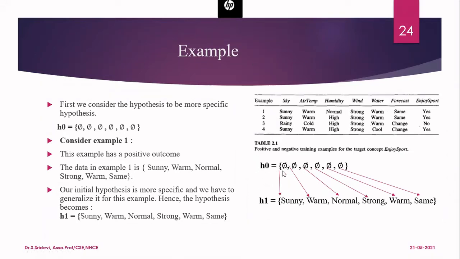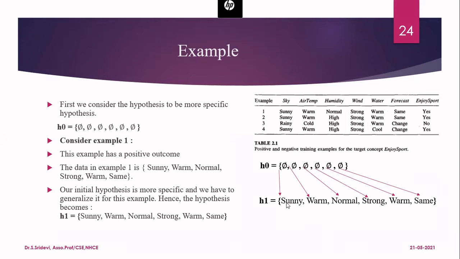H0 is the most specific. Now we are introducing generalization. We are adding parameters. For an apple, I can say that if the color is green or red, it is an apple. First time when I see an apple image with red color, initially I will start with null for the color. But when I see one apple with red color, I will understand that red color is going to classify as apple. Then I will change the color of the apple from null to red.